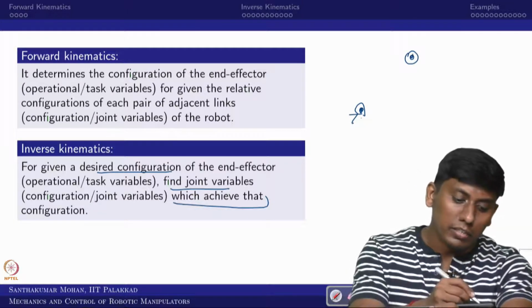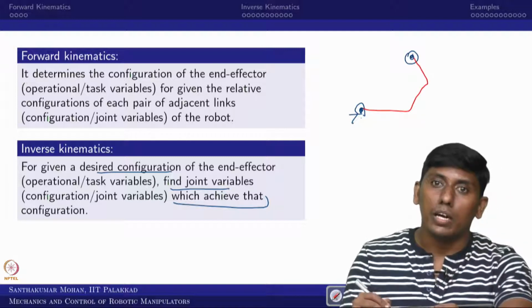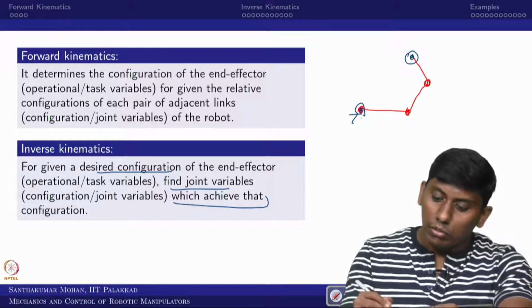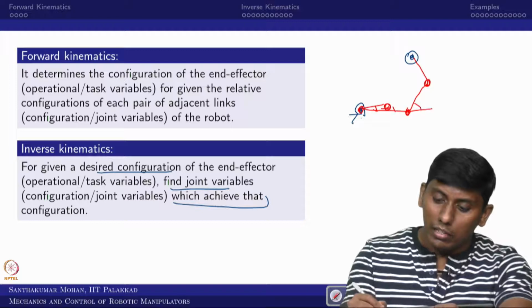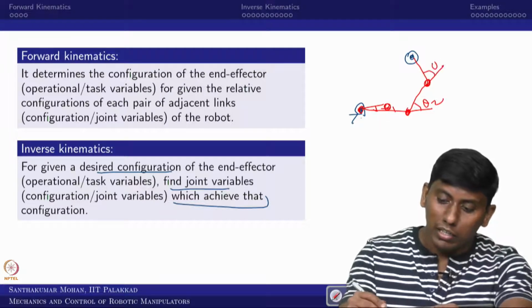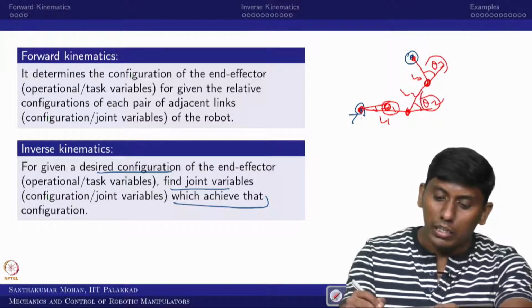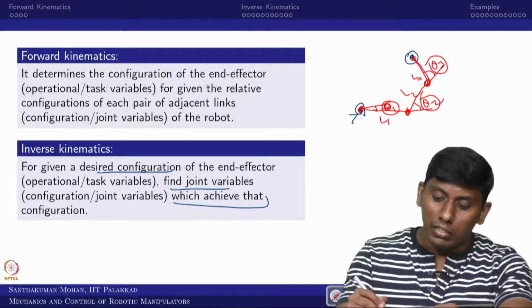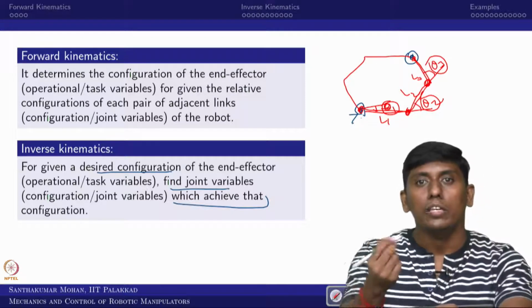For example, this is a 3R joint, so I have to see how to fix it. These are the three R's. Now this angle I assume is minus theta 1, this angle is theta 2, and this angle is theta 3. If L1, L2, L3 are constant and I fix theta 1, theta 2, theta 3, I can find it, right? This is the way I can arrange it, or the other way around, like that you can keep getting.